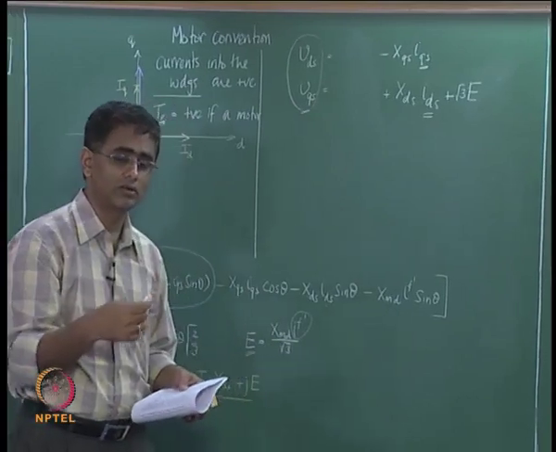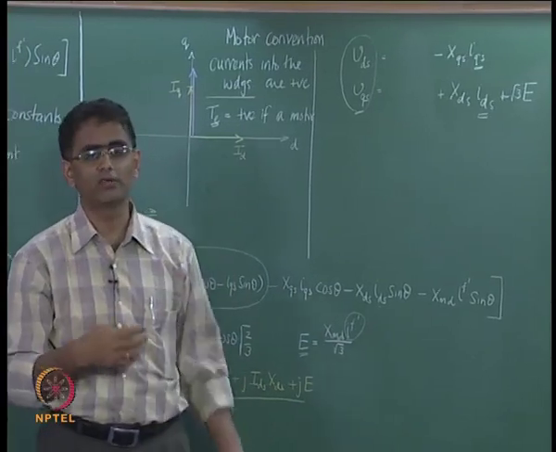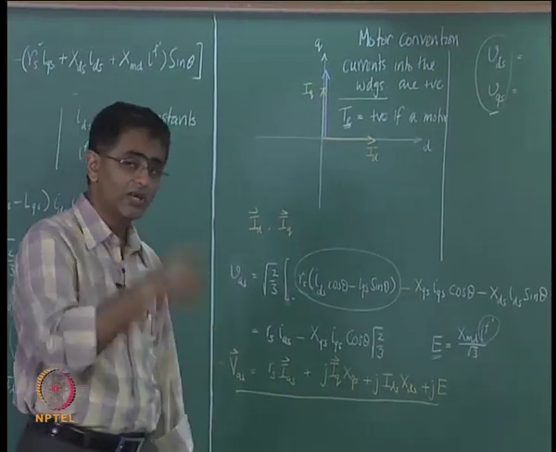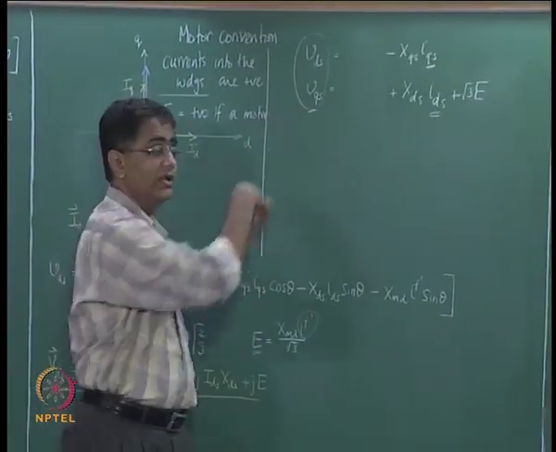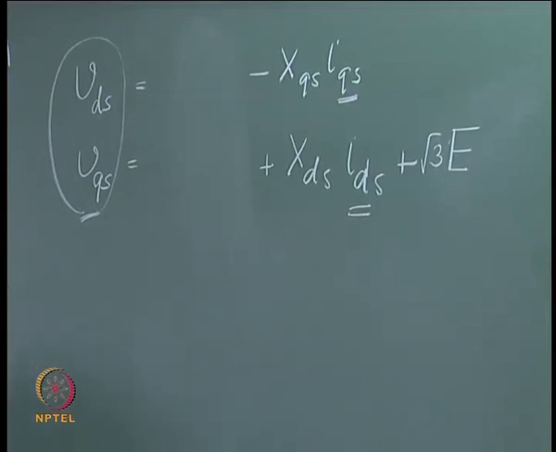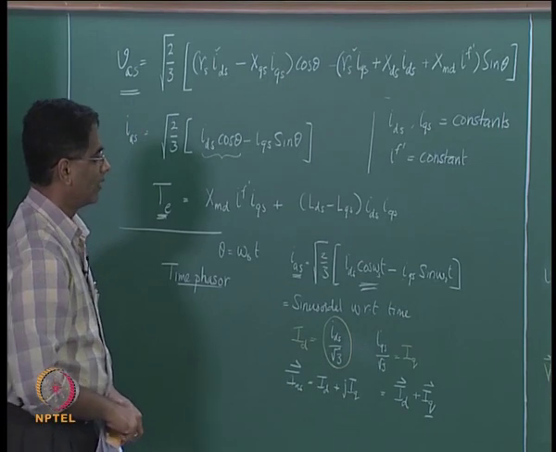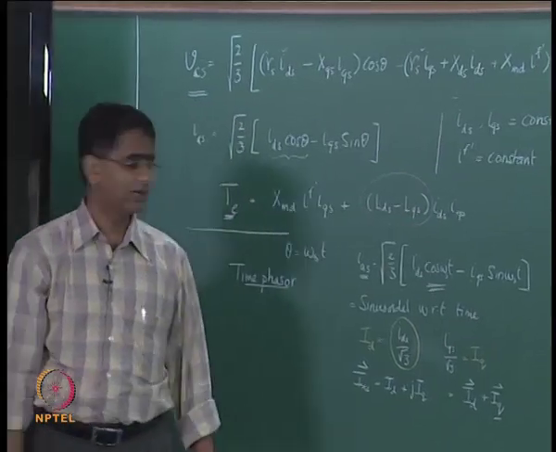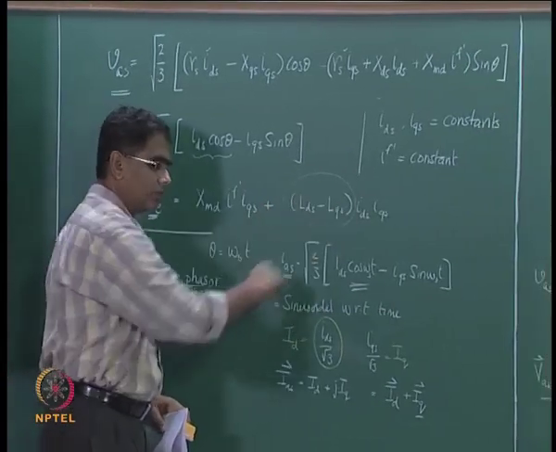Why VQS alone cannot change? There is VDS as well, and square root of VDS square plus VQS square is nothing but a representation of VA. Therefore VA does not change. One can argue maybe if you change the excitation, VDS may change as well in addition to VQS. But if we are just changing the field excitation, one can look at the expression for TE. Now this torque is normally not so significant as the torque component due to this. Therefore let us say for a moment we neglect this portion,